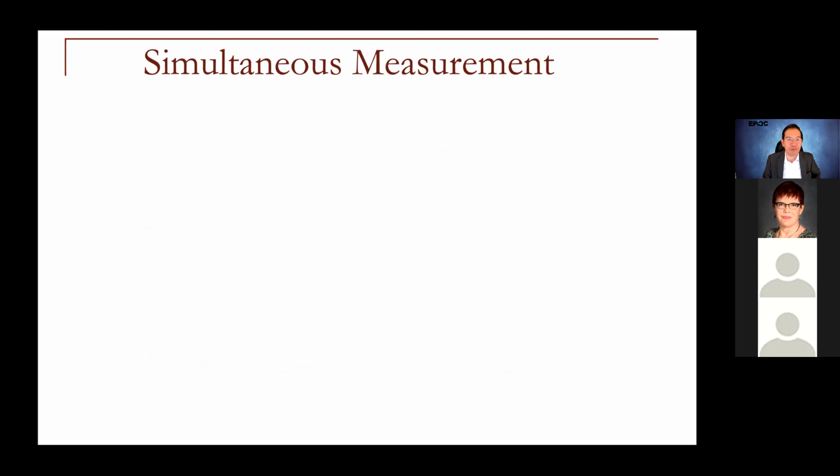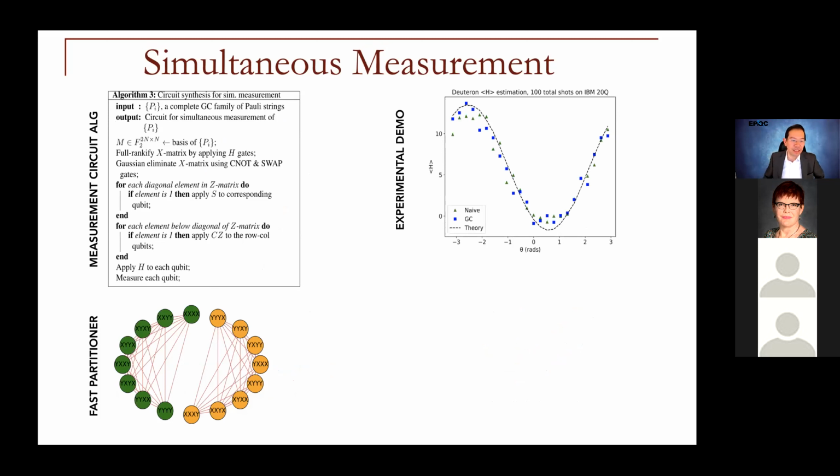So in the end, what we find is that we can significantly reduce the number of terms measured. And here's actually a simple experiment that we ran on an IBM machine. And you can see that our approach, which are the blue squares, are closer to the ideal predicted line than the unpartitioned, or the previous approach, which takes more measurements. And in this case, what's happening here is we get about 10% better accuracy through making better use of the number of trials that we have on the machine.